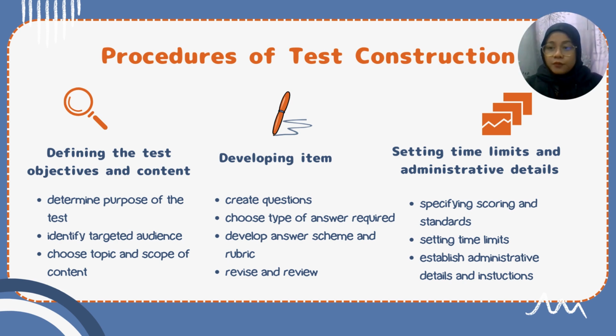measurement goals. Moving on to the second stage, item development. Item development is where we craft the actual questions or tasks for the task. We have selected multiple choice, open-ended, and closed-ended questions to include in our test. Moreover, we also create answer rubrics so that we can use it in the future when we are marking. Then reviewing and revising items meticulously is critical as the quality of each item directly impact the test validity and